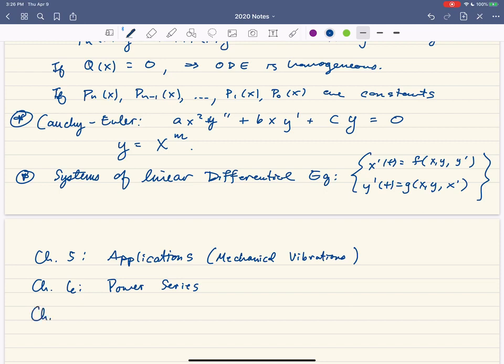And then finally in chapter 7, this is the one that we've done completely virtually. This is the chapter talking about Laplace transforms and all of the fun that we have therein. Okay, Laplace transforms are pretty cool. Power series are useful because we can solve differential equations that we couldn't before, at least we can get some sort of an expression. Likewise with Laplace transforms, we can solve new types of differential equations, and some that we couldn't have solved before, not very easily. Okay, so this is a big picture overview of our